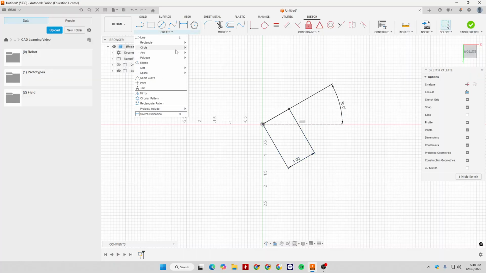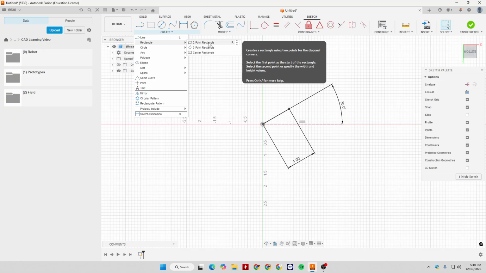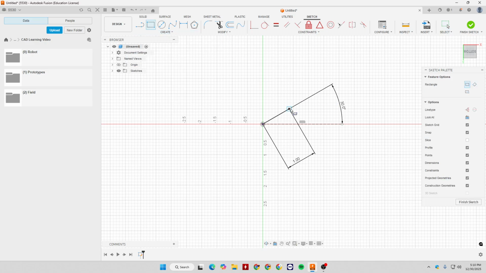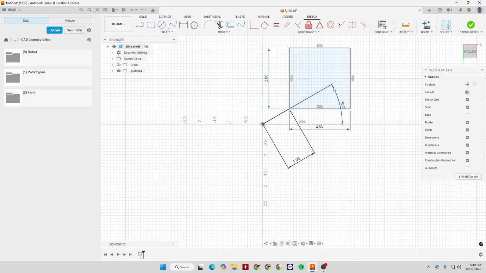Next up, we have our rectangle. We have a lot of different versions of the rectangle here. Most common will be the 2-point rectangle. That's why it's bound to my R key. So this will allow you to define a rectangle using 2 points. Essentially, the first point is one of the corners, and the second point is the opposite corner, giving you a length and a width. So we can make this 2 inches by 2 inches,